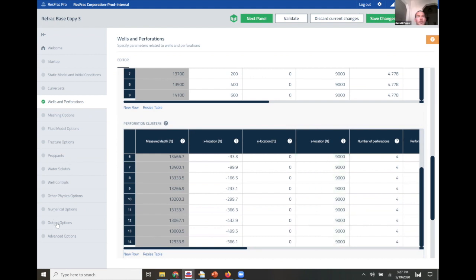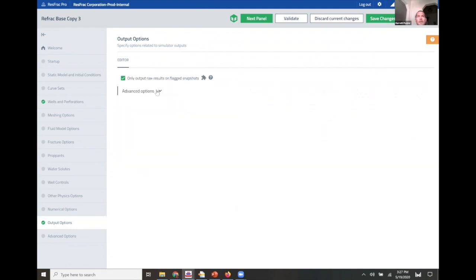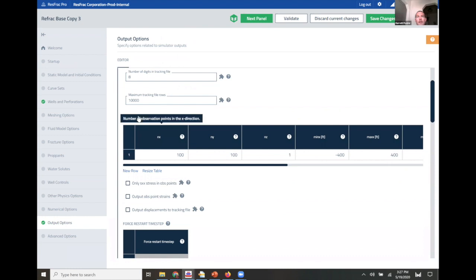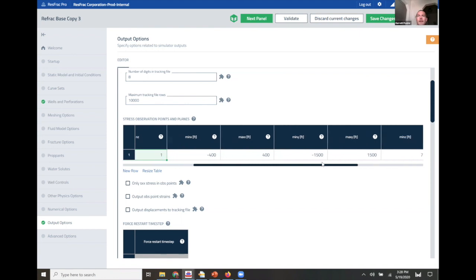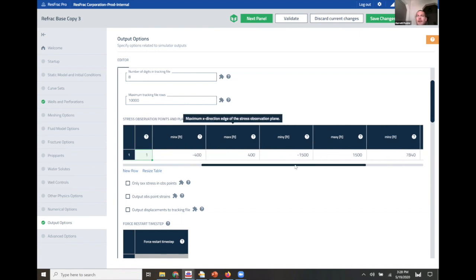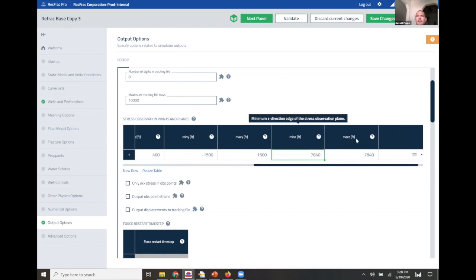And then under output options, you can see I have a plane here where I can specify observation points and planes. I already have my plane in, so the first 3 columns are the number, basically the resolution of that plane, how many observation points I want in it. And then the next columns I specify min, max in each of the X, Y, and Z directions. And here's my culprit. My min and max Z are set at 7,800. I actually want that to be